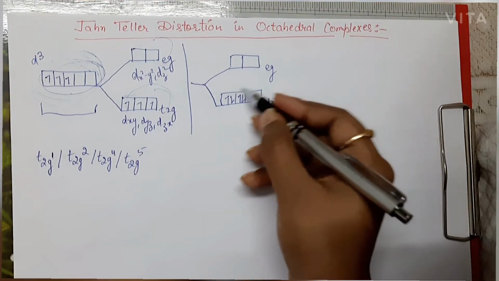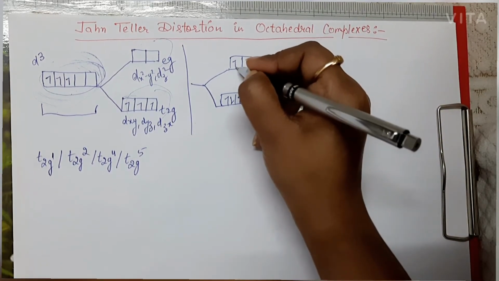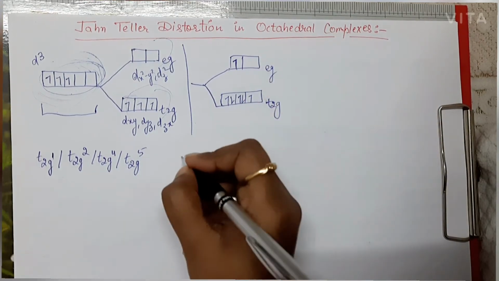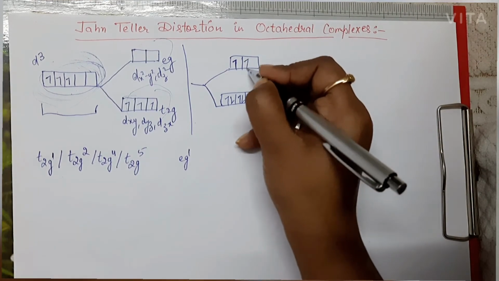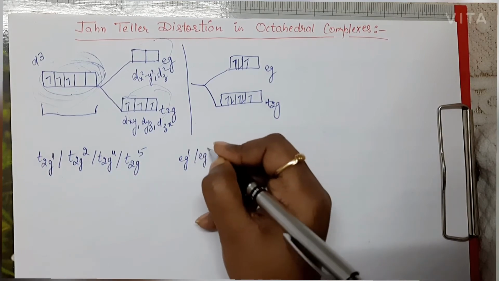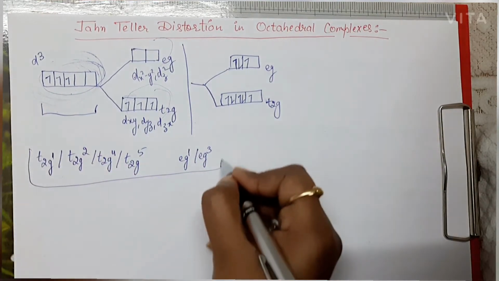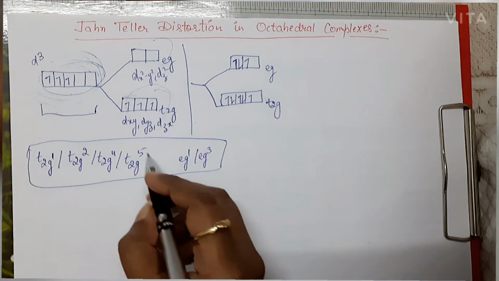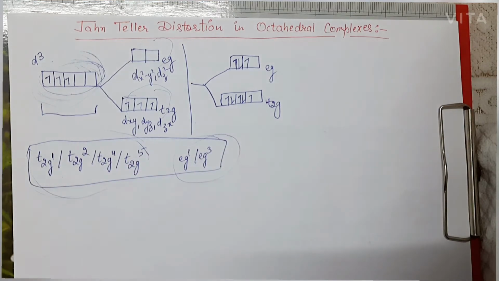Now this is all about the T2G. Now if we look for EG, EG1 is unsymmetrically filled, so this is also an ED state. EG2 is symmetrical, right? Now EG3 is unsymmetrical and EG4 will be symmetrical. So these are basically the cases where ED states will be present, right? So these are T2G unsymmetricals and these are EG unsymmetricals, right?